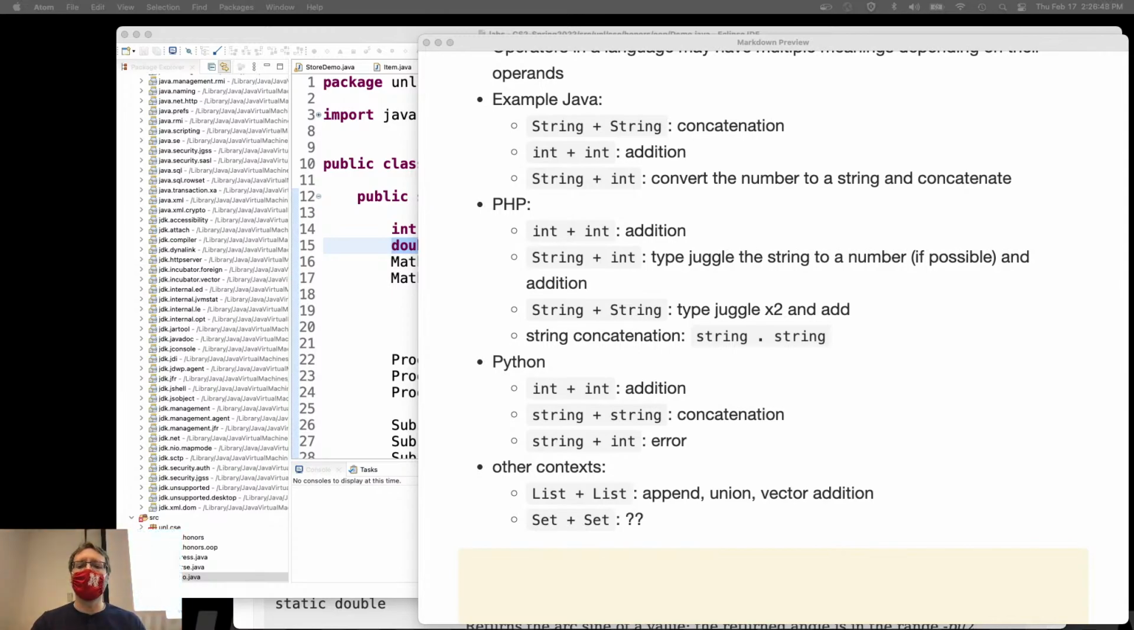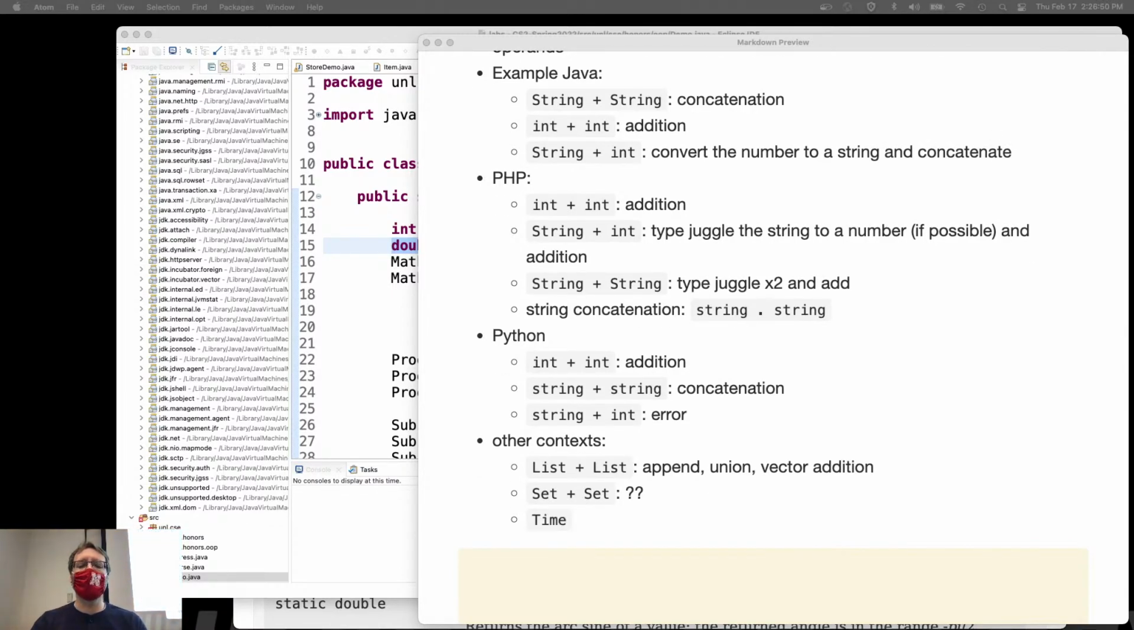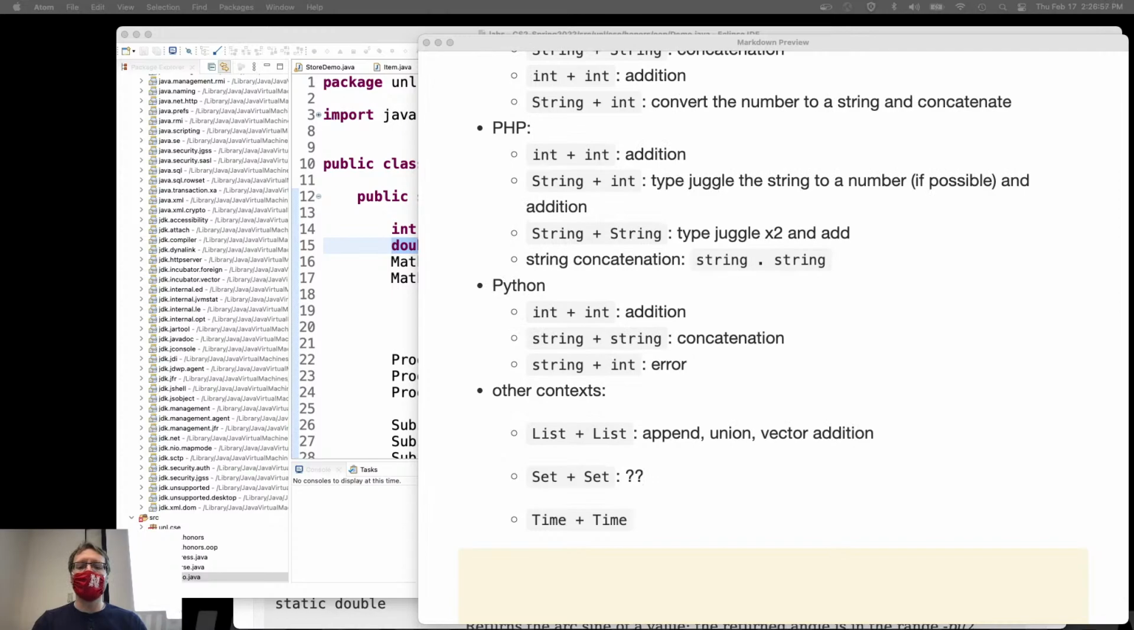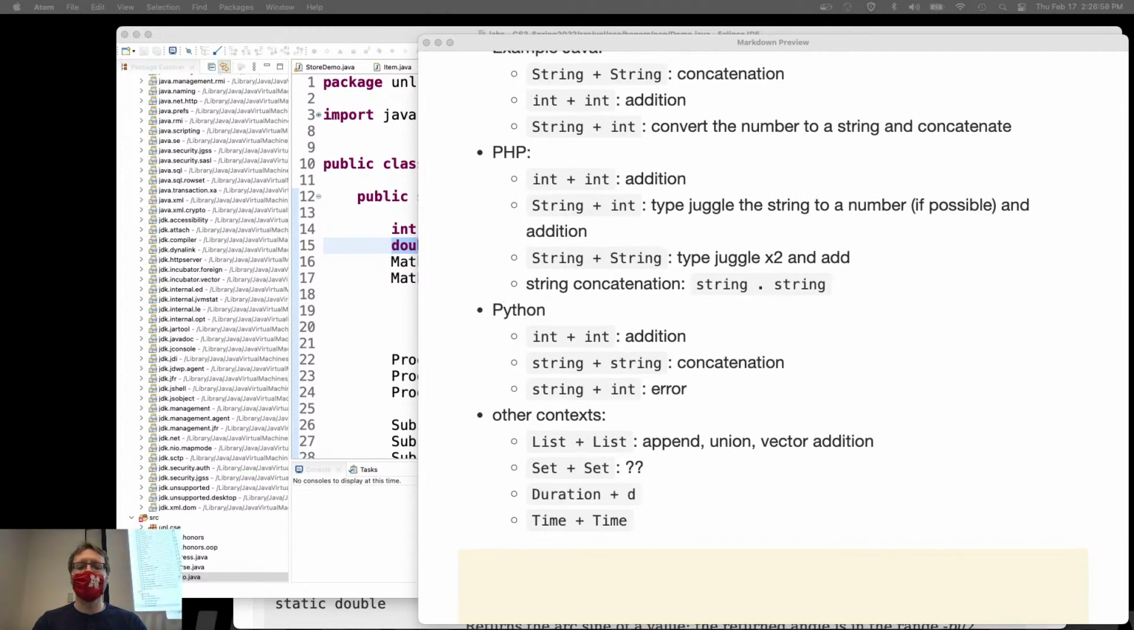I have no idea. What if I did time plus time? Duration probably makes sense. Duration plus duration: if I said 5 hours plus 30 minutes, 5 hours and 30 minutes, that makes sense. But what about time plus time? Thursday, February 17th, 2:30, plus